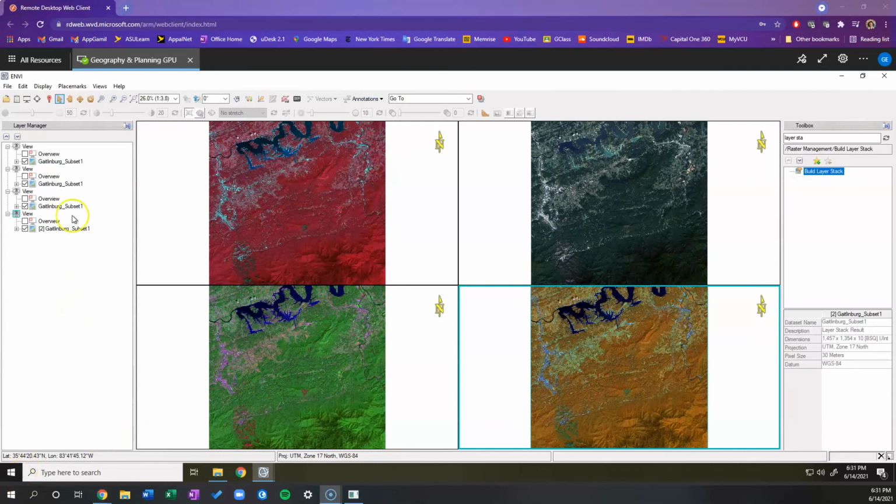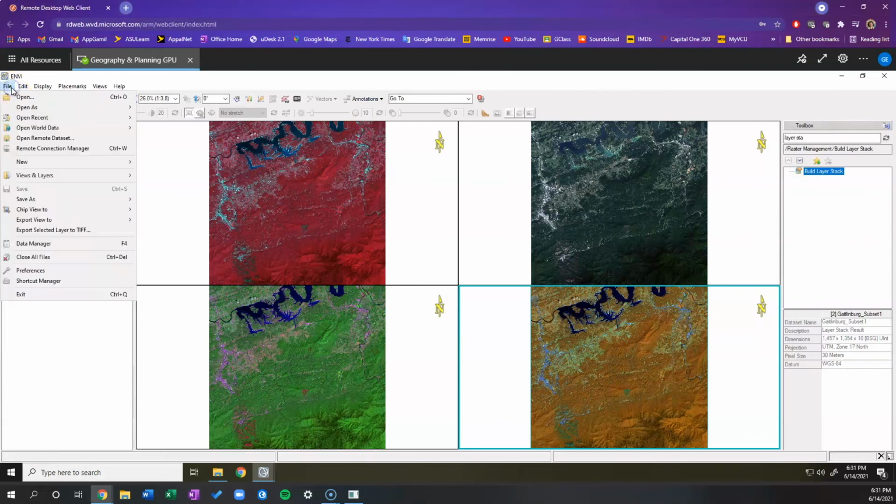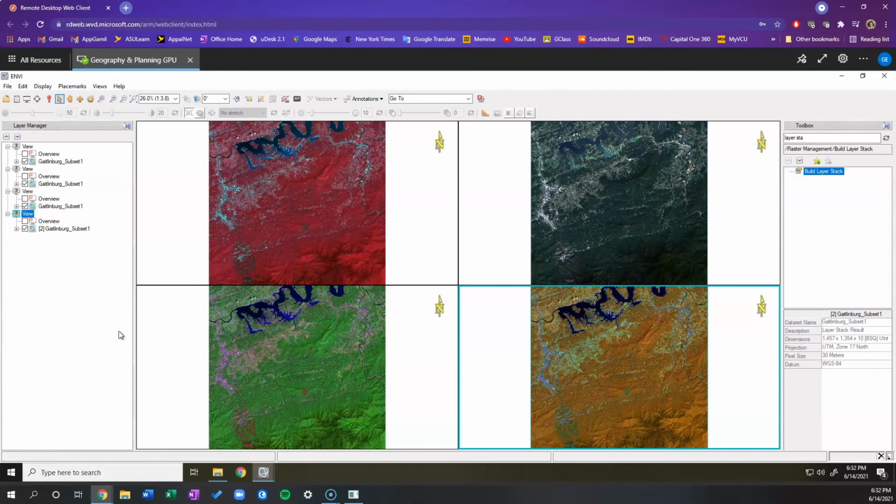And after you save, if you need to come back to this file, be sure that you open ENVI first. You can't really open it from the file manager. So open ENVI first, and then you can come down to open and navigate back to the pathway that you saved it in. And after you are done with all that, just remember to